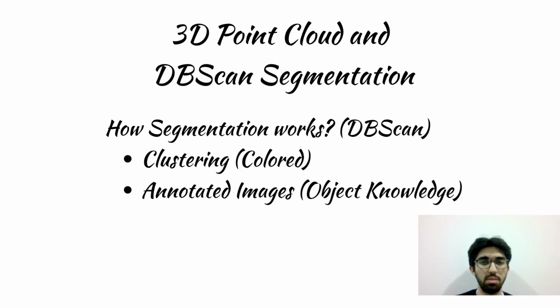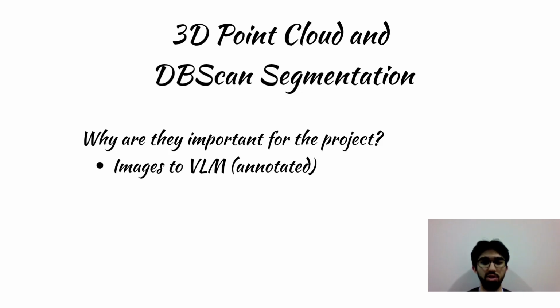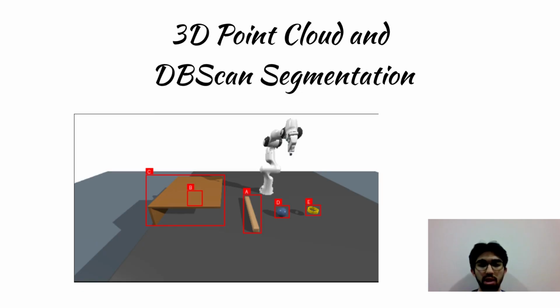In the next step, after getting the point cloud, we move on to the segmentation. We use the DBSCAN algorithm to group the points into distinct clusters. In the colored image, you can see that each separate object is highlighted in a different color. Finally, we turn this object knowledge into annotated images. We assign alphabetic labels like A, B, C, D to each of these valid object clusters and draw bounding boxes